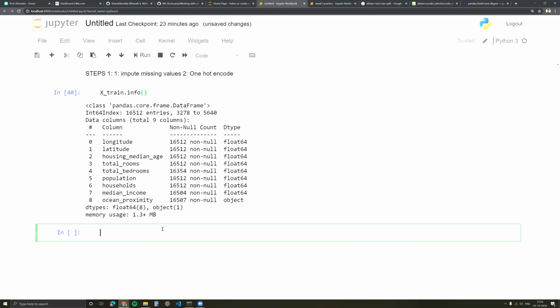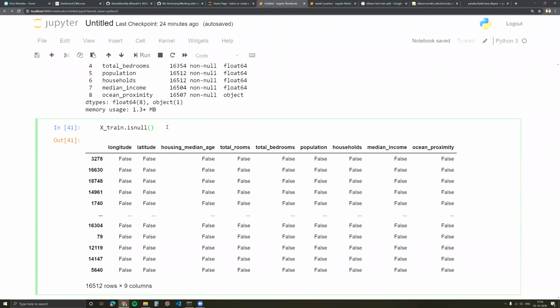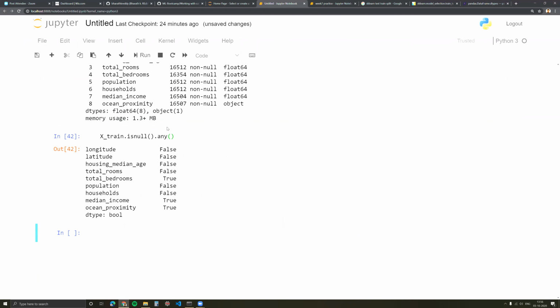Another easier way to find missing values is so we have missing values here, here, and here.